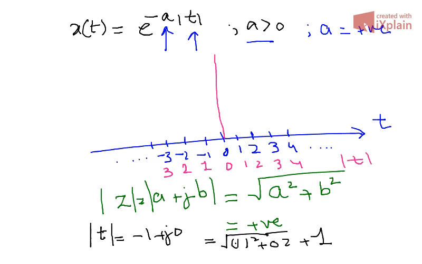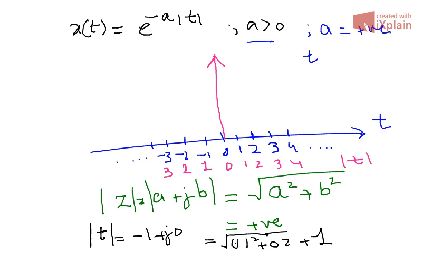Now I am interested in representing this signal x of t graphically. For all positive values of t, the absolute value is positive. A is also positive, we know this. It is already given that a is positive. So if a is positive, and for all positive values of t,